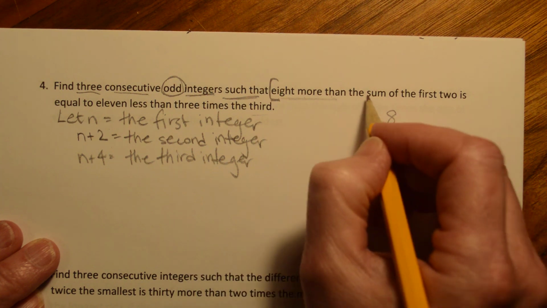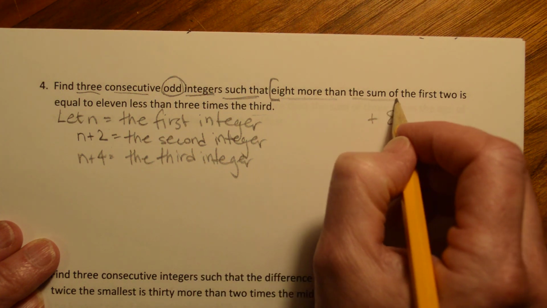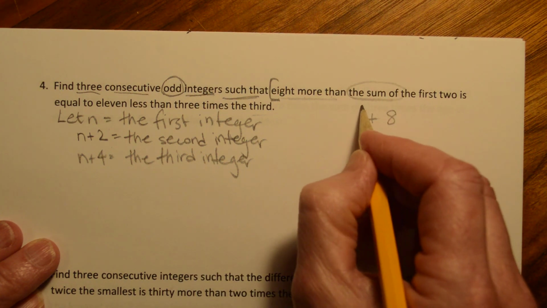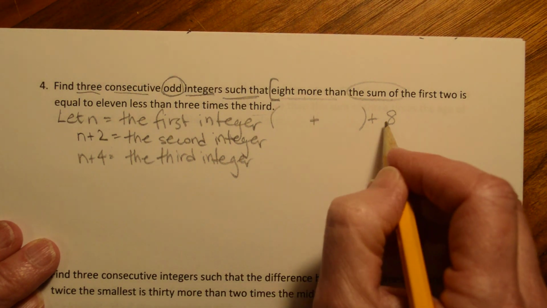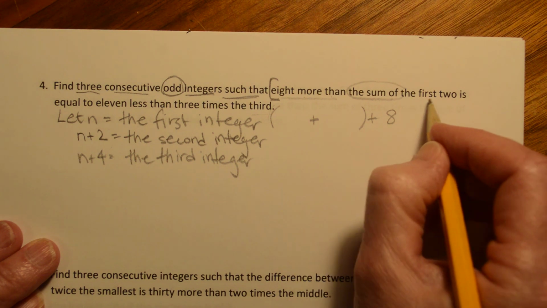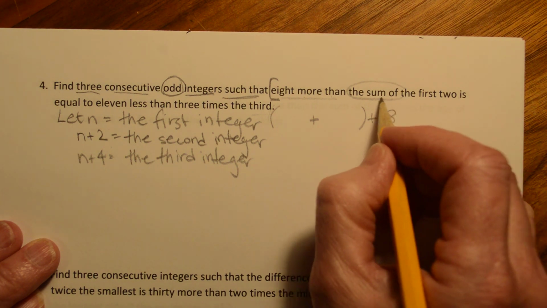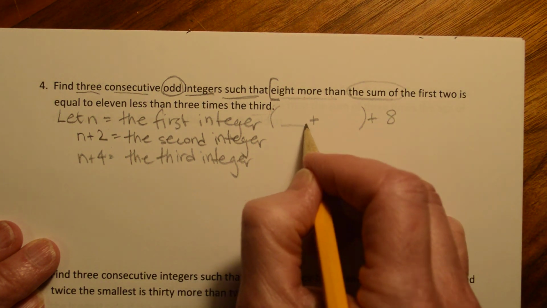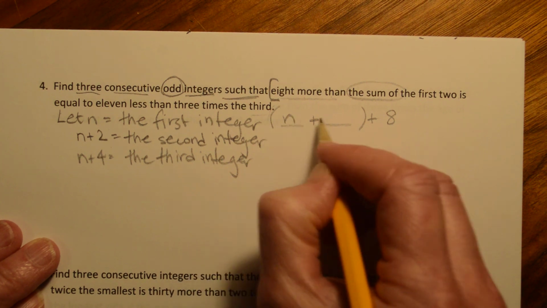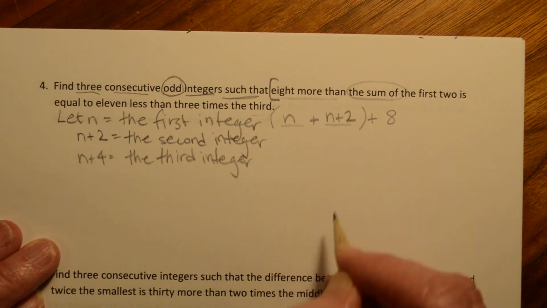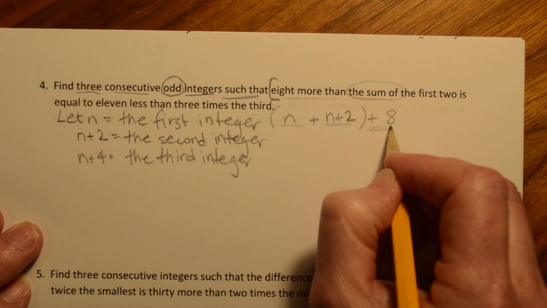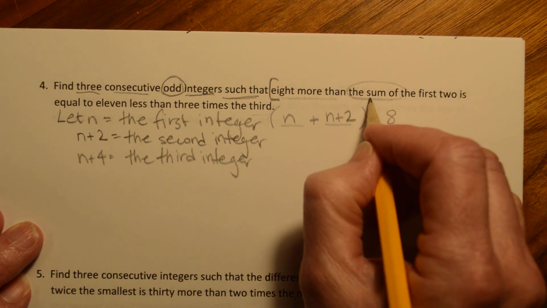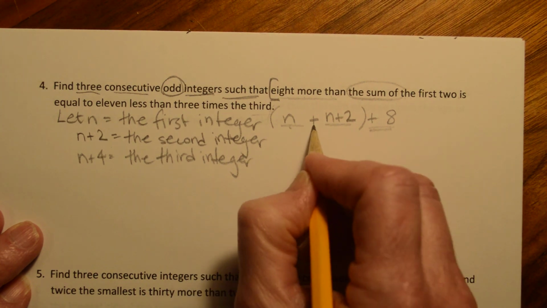We're adding it on to the sum of, I've got to get ready to add 2 things together here. 8 more than this sum, and it's the first 2. So the first is n, and the second is n plus 2. I'm adding 8 onto something. What am I adding it on to? The sum of the first 2. So n plus 2